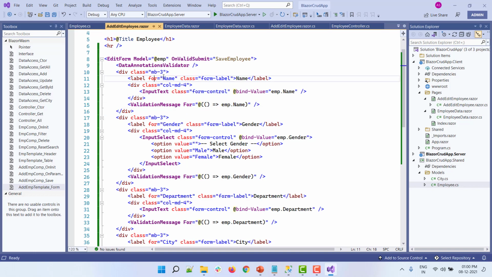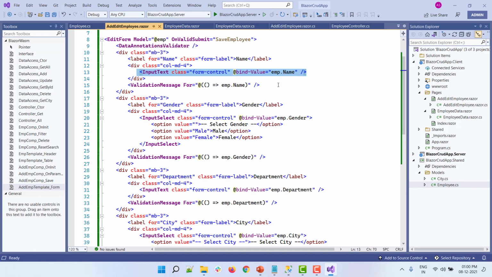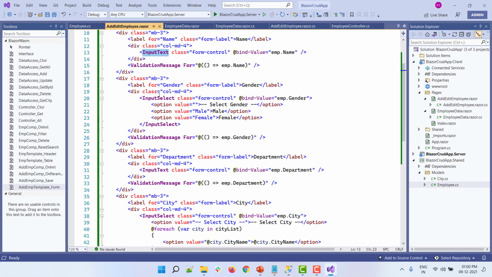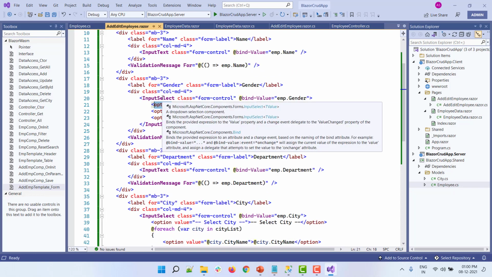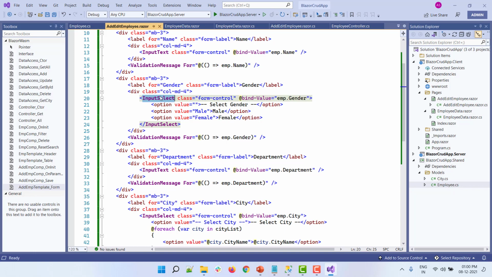Here you can see that we have defined the label for name, and we have used the InputText component from Blazor to bind the value to employee name. Blazor provides us with some inbuilt components for forms. One is called InputText for input. Similarly, we have InputSelect, and this will allow us to invoke all our Blazor validation.